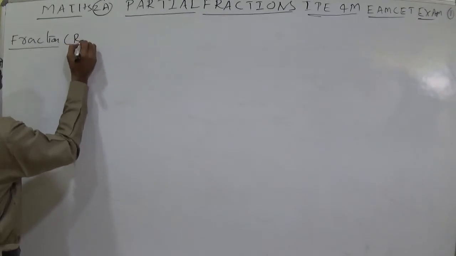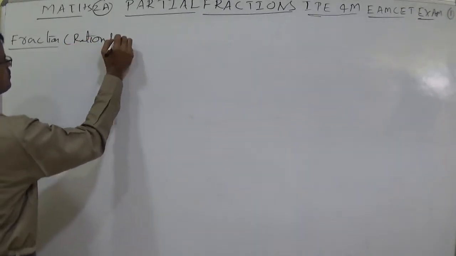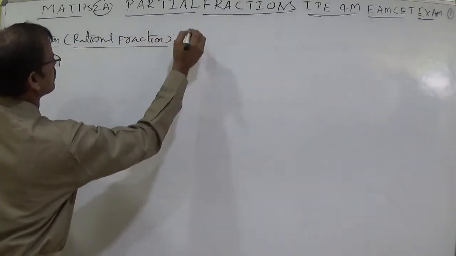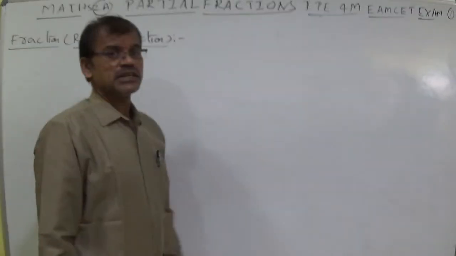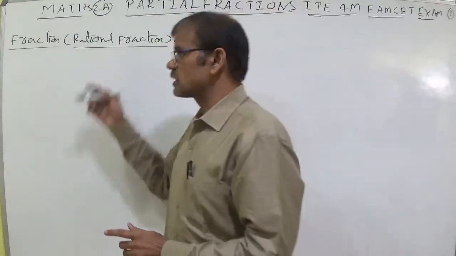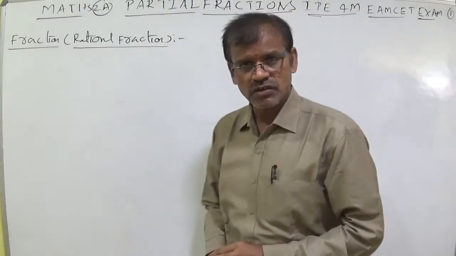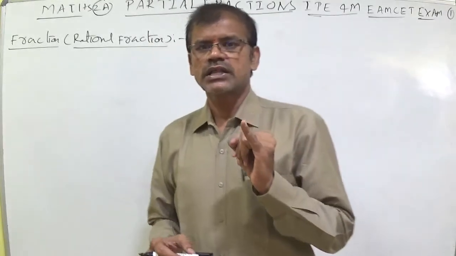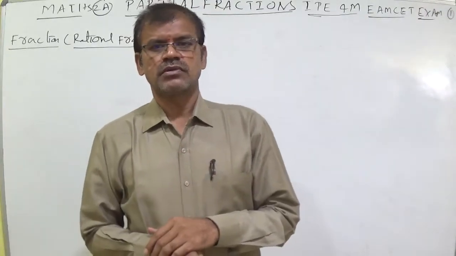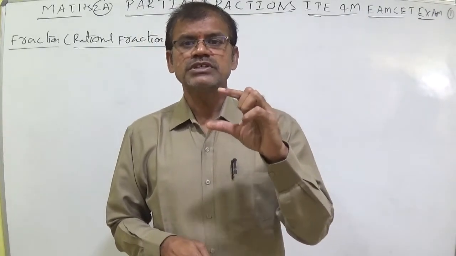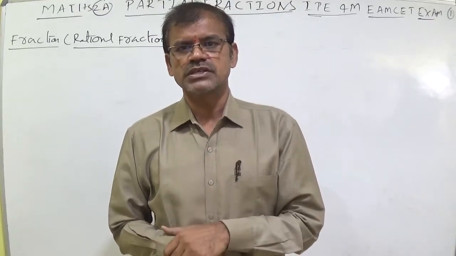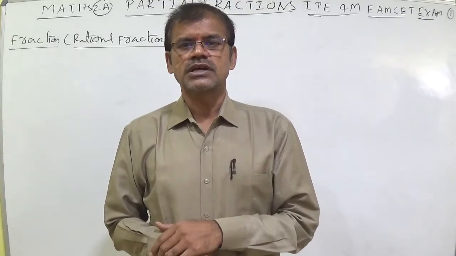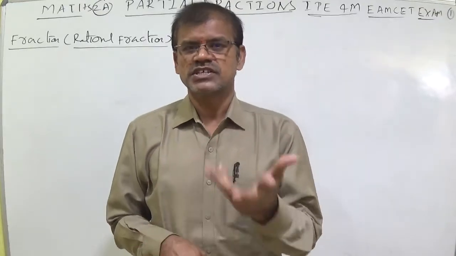Somebody used to say this as rational fraction. Simple fraction or rational fraction. What is a rational function? Depending upon that, we can get the idea about the definition of a fraction or rational fraction. If f of x and g of x are two polynomials, the function in the form f of x by g of x, which may be indicated with h of x, where g of x not equal to 0, is called a rational function. We have learnt this in first inter.